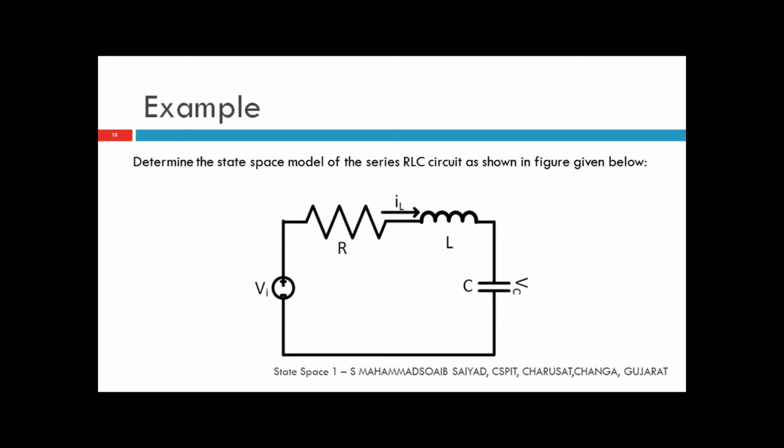As I have said earlier, we have to choose the state variables. We have energy storage element number 1 and energy storage element number 2. For the first I will choose state variable number 1, and for the second I will choose state variable number 2. So dIL by dt will be my first variable and dVc by dt will be my second variable. So how can we do this? Let us see.